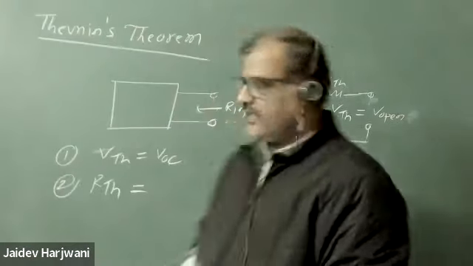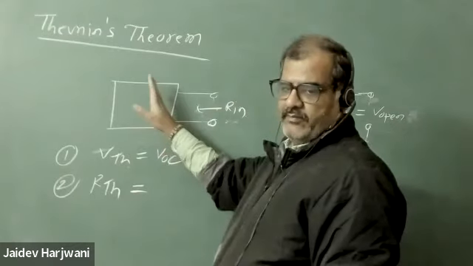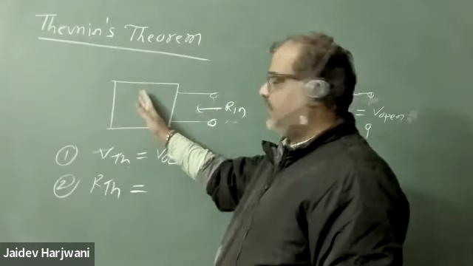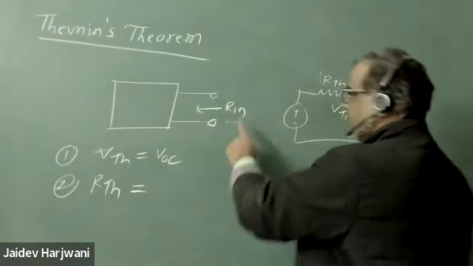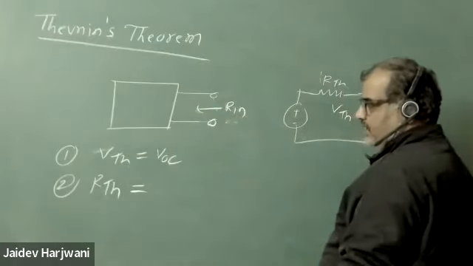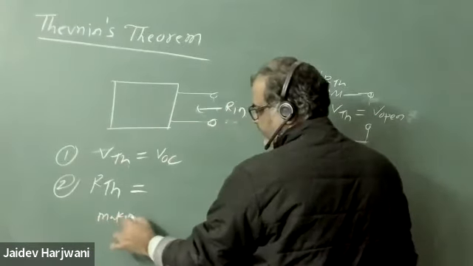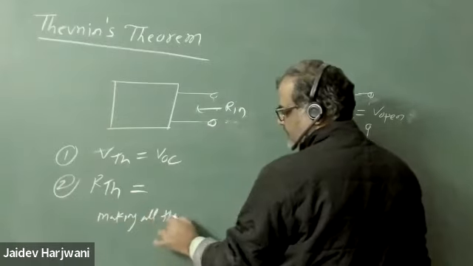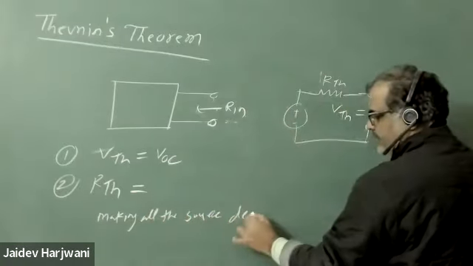For example, if there is a voltage source in the circuit, you need to make it a short circuit, and if there is a current source, you have to make it open. So when you measure R in, by making all the sources deactivated,